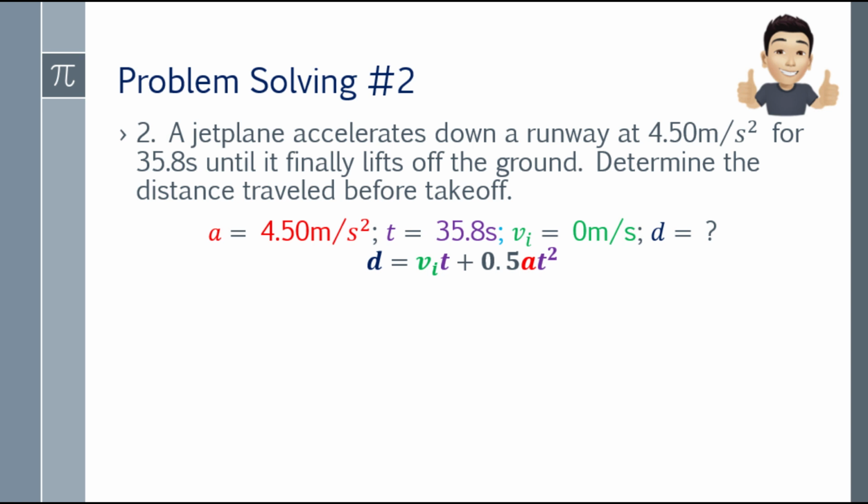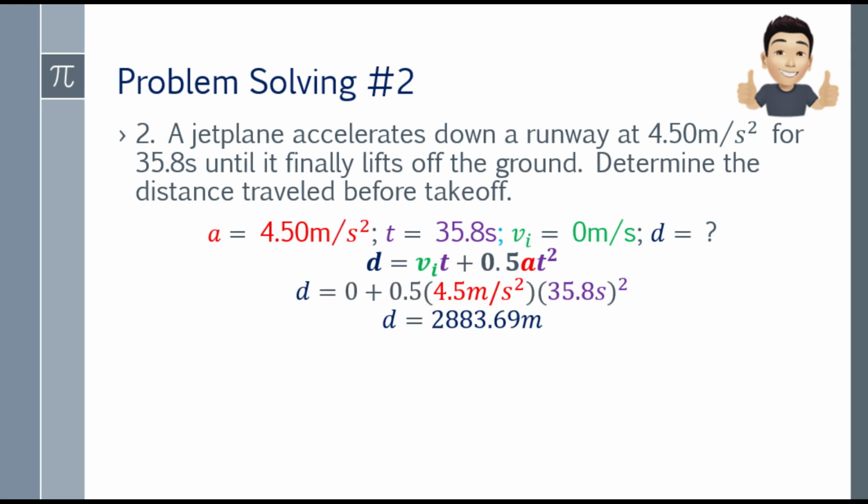So, solution na tayo. Displacement is equal to 0. Bakit 0? Kasi 0 times mo ng 35.8, that will be 0. Initial velocity times time, plus 0.5 times mo ng 4.5 meters per second squared. That's the acceleration. Bibase ko lang siya sa formula, nagsasubstitute lang ako. At yung time natin is 35.8 seconds. So, i-square mo yun. Tapos, doon mo siya i-times sa 4.5 at 0.5. And the displacement will be